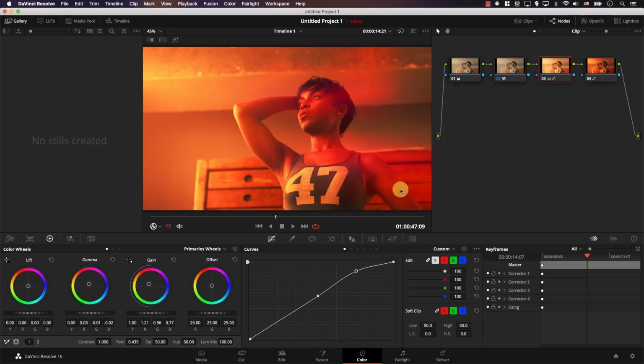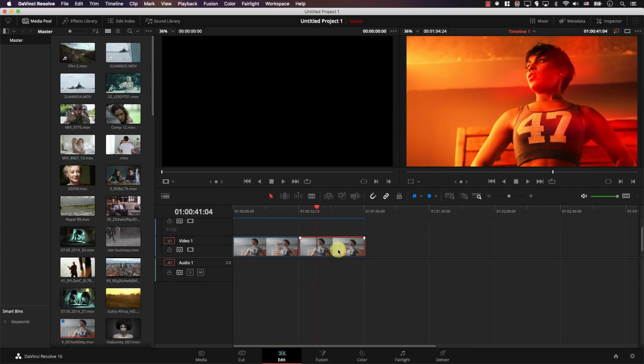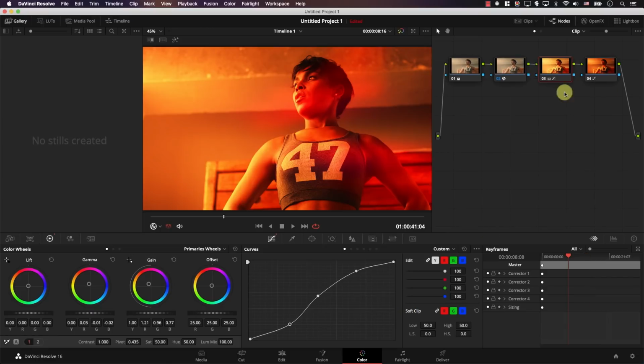However, it's not exactly rendering one node. Let me show you something. This is the node that is currently being rendered. And as we discussed before, if I change anything in any of the nodes after it, nothing happens. So I switch back to edit and the caching is still working fine. However, if I switch back to color and I change anything in a node prior to this node, so a node that exists before this node, so I come to the first node here and I change anything